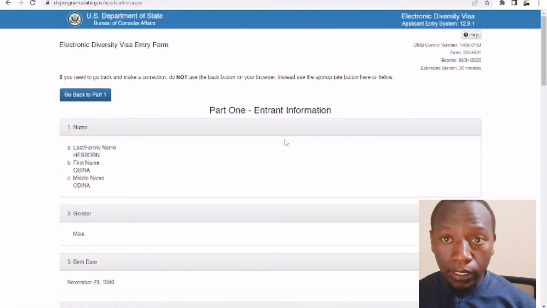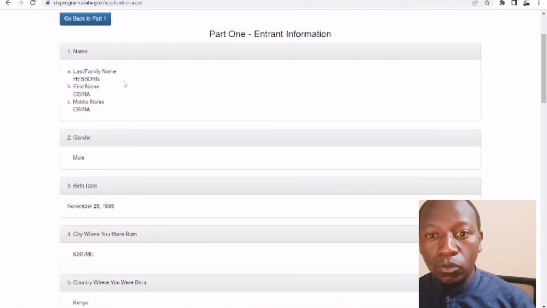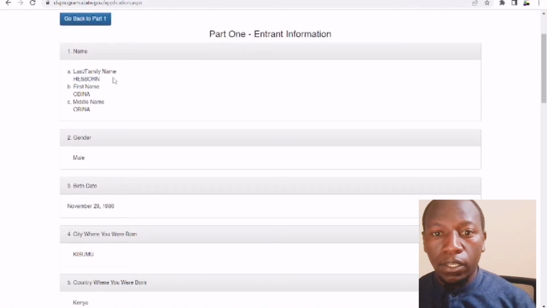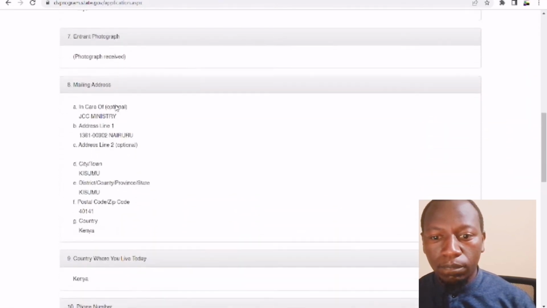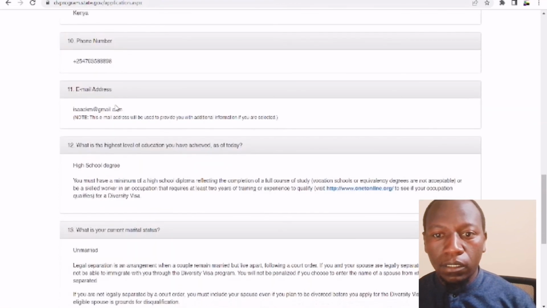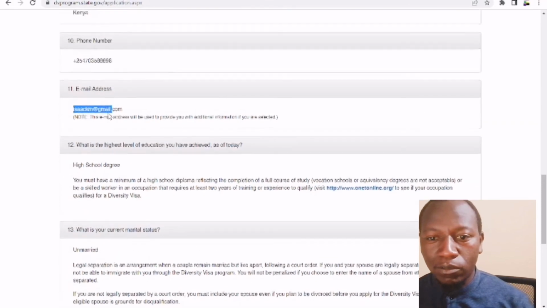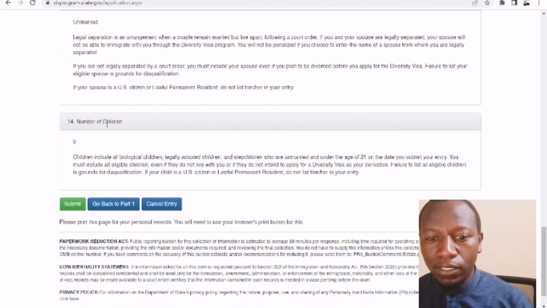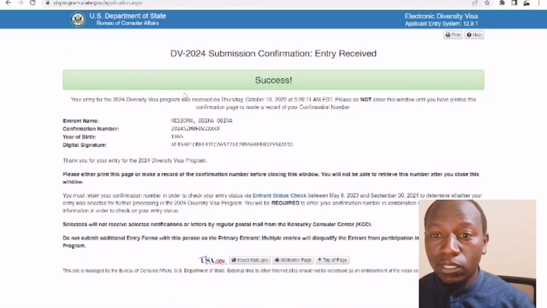So once you submit, it brings you to now everything is okay. It brings you here. You come here, your name, husband, check spelling mistakes and everything, gender, date of birth, everything is okay, passport, email. Email is key. Confirm letter by letter just to make sure it is right. Education level, unmarried and stuff like that. And then you click here, submit, and your submission, it says